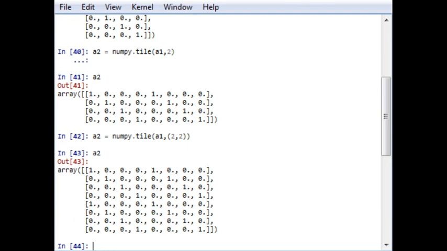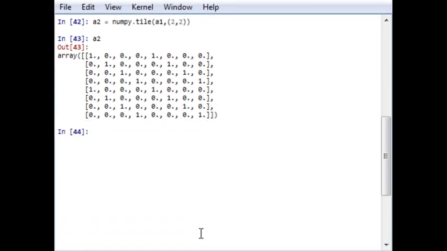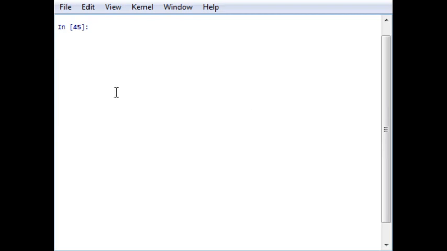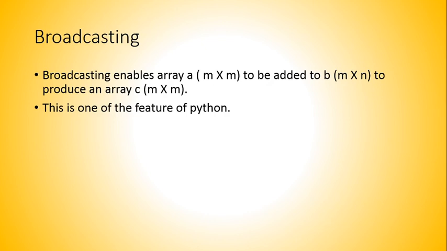It is quite difficult to understand it in this type of 1D display, but when you go for plotting, when you are creating a 3D plot or animation model, during that time this type of operations are required, which we will discuss in our plotting section, how we are going to use meshgrid function, ogrid and ndgrid function, similarly tile function to generate a 3D plot and other examples. Let's clear it. So moving towards the next topic, that is broadcasting.